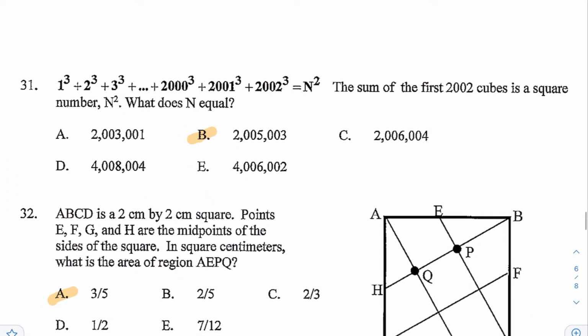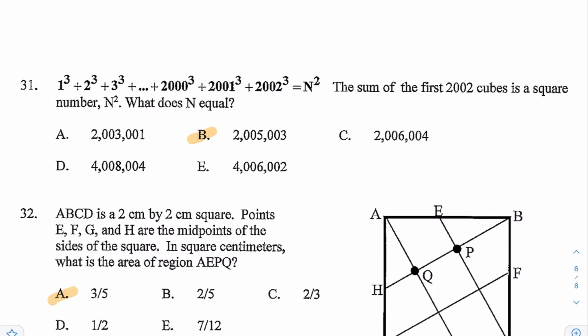Next for number 31, you have 1 cubed plus 2 cubed plus 3 cubed all the way down to 2000 plus 2001 plus 2002 cubed is equal to n squared. The sum of the first 2002 cubes is the square number n squared. What does n equal? So here when you're cubing everything and then you're squaring them, you want to see what